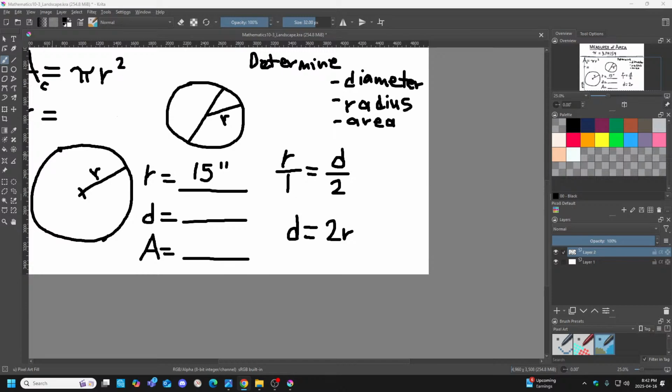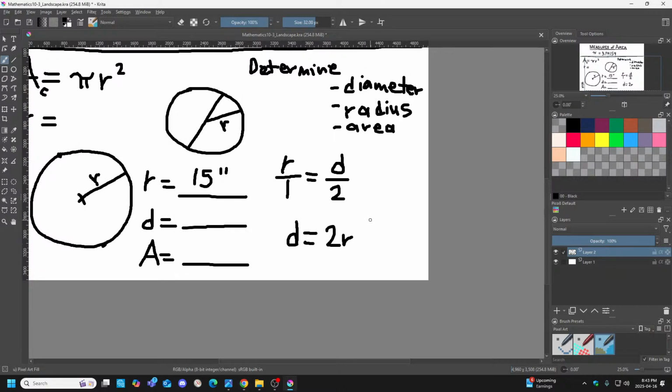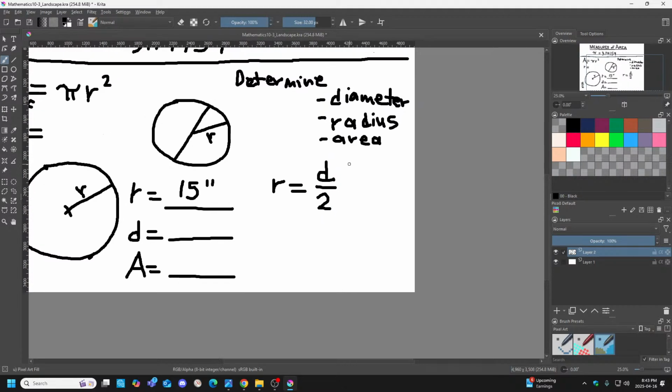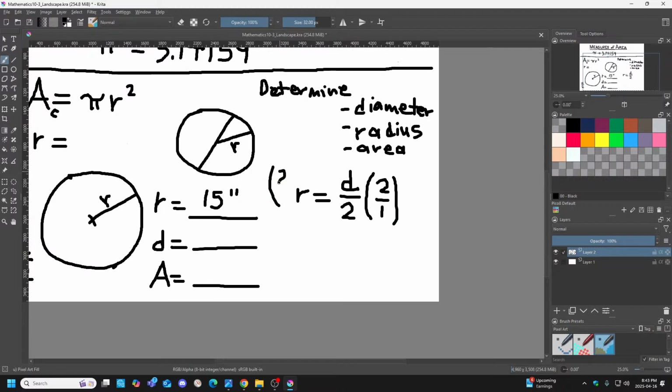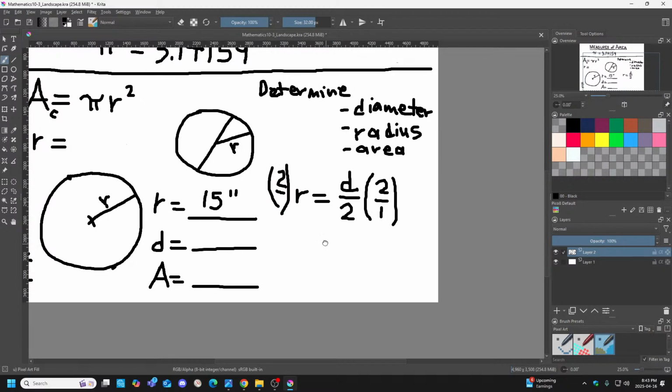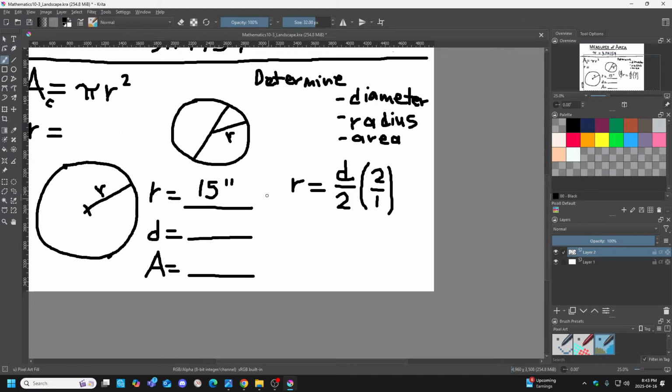So please don't let rearranging formulas scare you too much. It's all about the setup. There are other ways that people do it. I think it's more complicated and it kind of confuses people. Basically, you just multiply both sides by 2/1, right? That would still work as well. A little bit messy, but